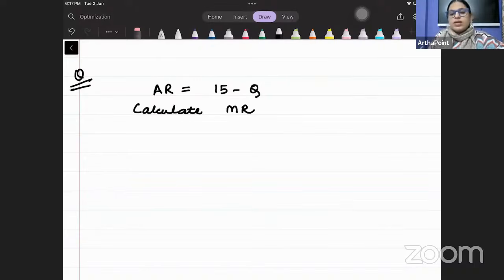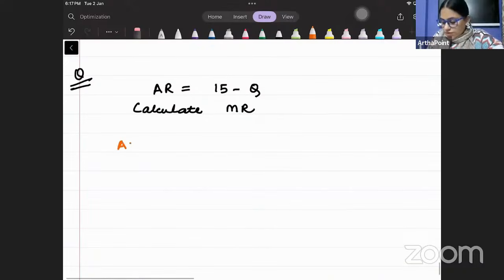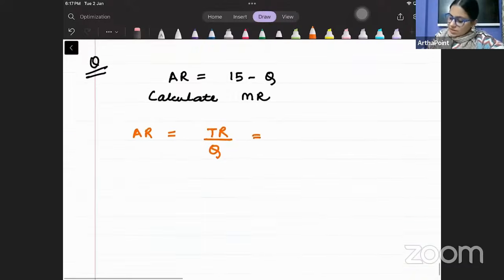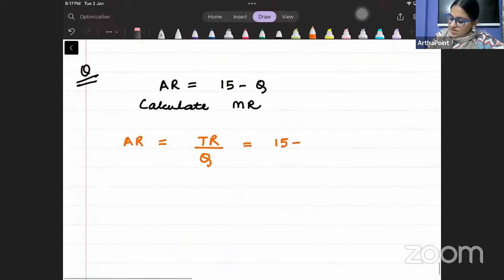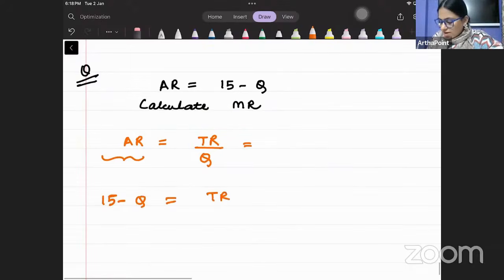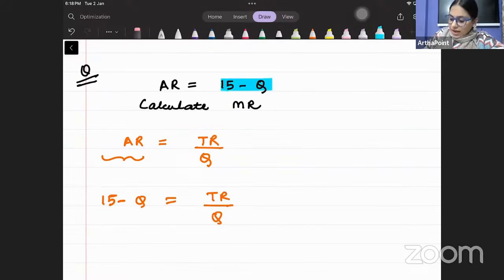मार्जिनल रेवेन्यू। आपको बोला गया है कैलकुलेट मार्जिनल रेवेन्यू। अब ध्यान से समझना बात को बेटा, एवरेज रेवेन्यू होता है टोटल रेवेन्यू डिवाइडेड बाय क्वांटिटी। तो बच्चे ये हो गया 15 - Q डिवाइडेड बाय Q, सॉरी ये हो गया AR की जगह पे हम लिखेंगे 15 - Q इक्वल टू TR डिवाइडेड बाय Q। आपको एवरेज रेवेन्यू पहले ही दिया हुआ है,